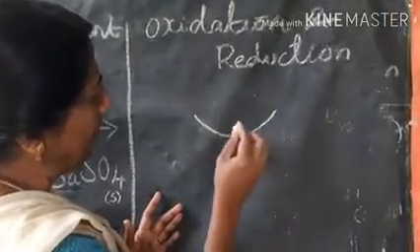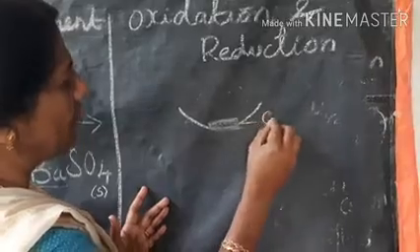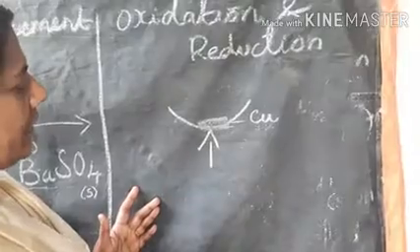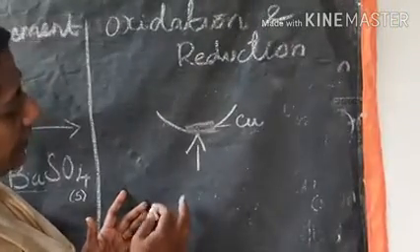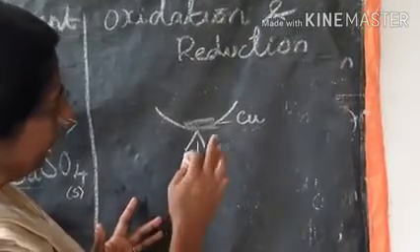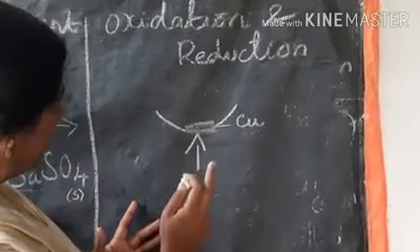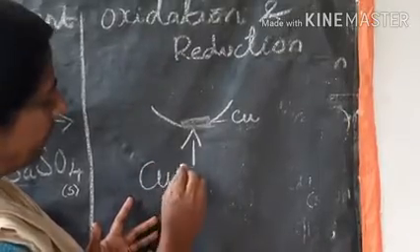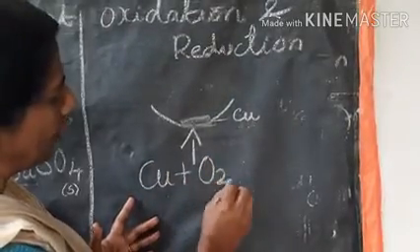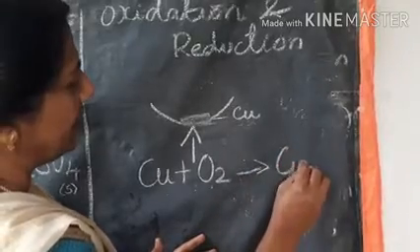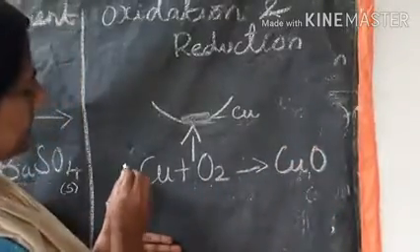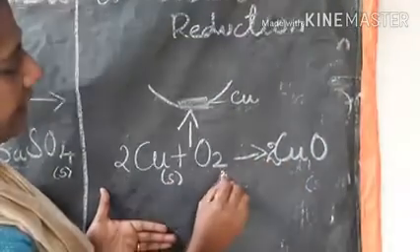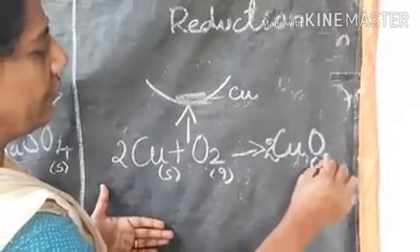Okay, example let us see. Take a small amount of copper, Cu, in a china dish, heat it. After some time, it is observed that the copper color, that is yellow color, will be changed into black color substance by the formation of copper oxide. So that is CuO. I have to balance it. 2 equation is balanced. So this is solid and it is gas. Now this is solid form.